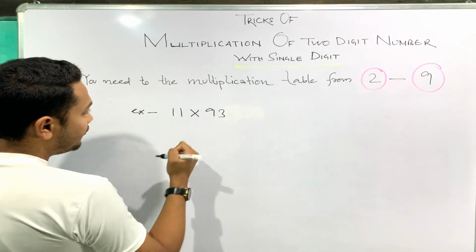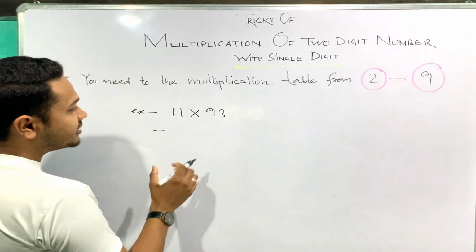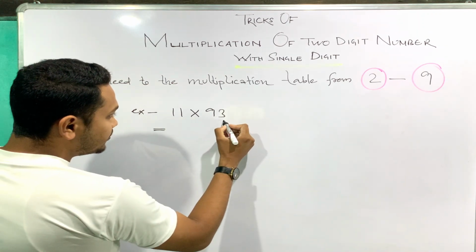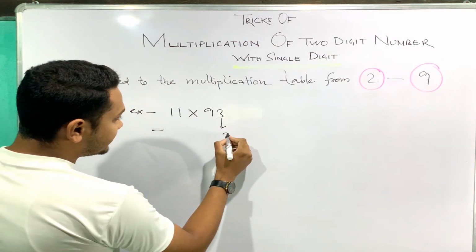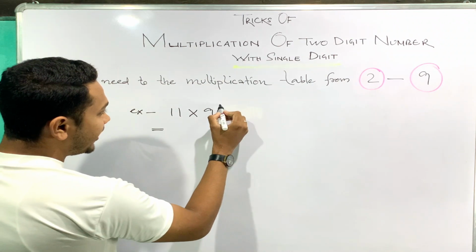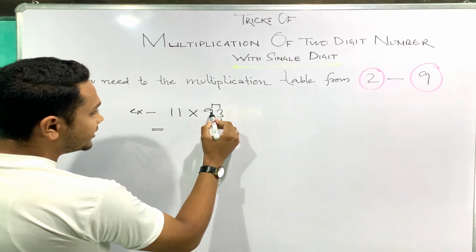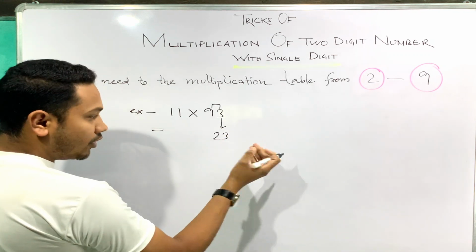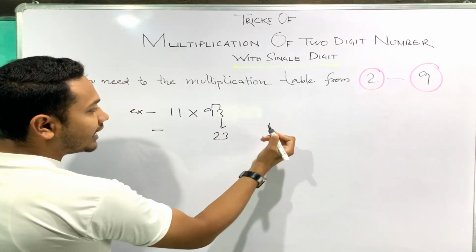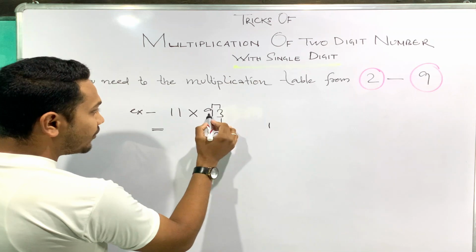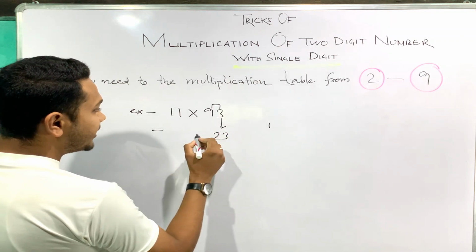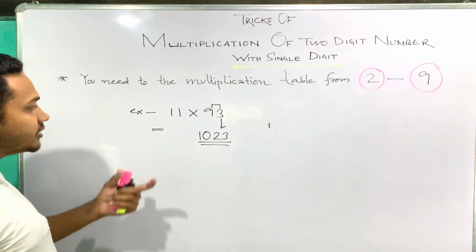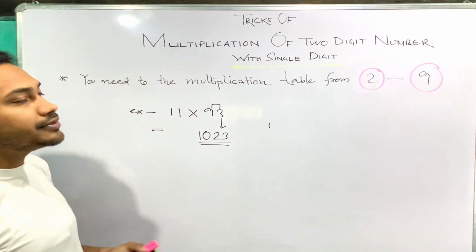93. For that there are certain tricks that need to be applied to multiply with 11. You just need to put the last digit as it is, and then add the first digit with the second digit. So 9 plus 3 we get 12. From 12, 2 will come and 1 is left out, isn't it? That 1 I will add with 9. So what I will get here, 10. So this is the answer. Quite easily I have found the answer, 11 into 93.